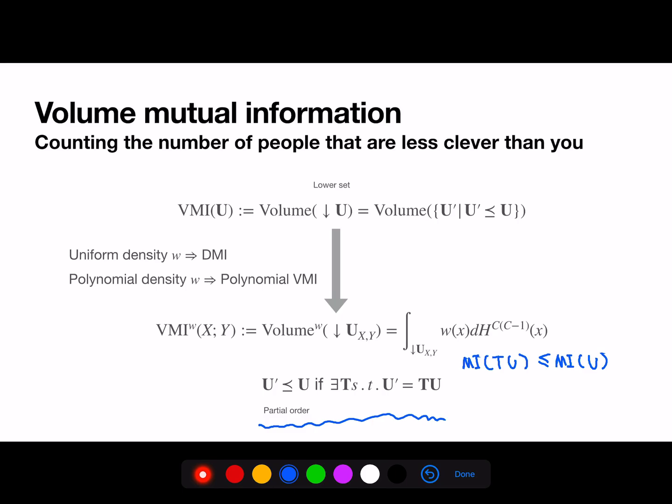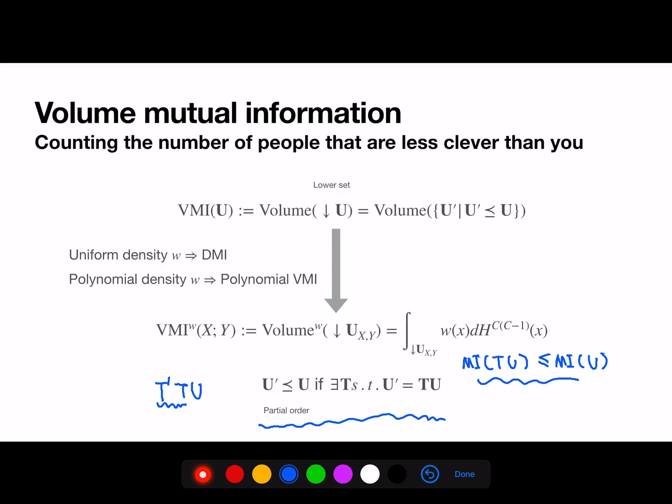And this transition matrix multiplied on the left actually defines a partial order. The reason why this is a partial order is that if you multiply some transition matrix on the left and you multiply it again, the product of the two transition matrices is still a transition matrix. So that naturally defines a partial order this way. A joint distribution is less than another joint distribution as long as we can find a transition matrix such that U prime equals T multiplied by U, and this is the partial order. The data processing inequality essentially means that we want to design a monotone function